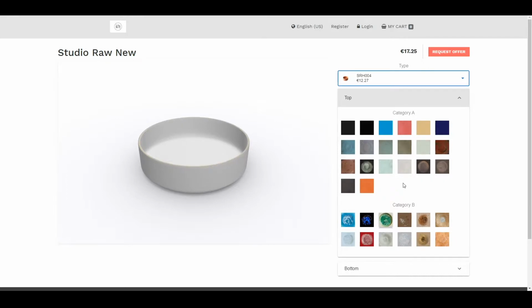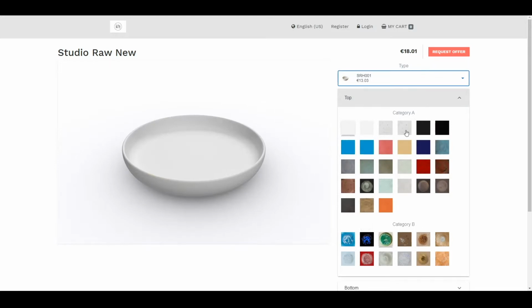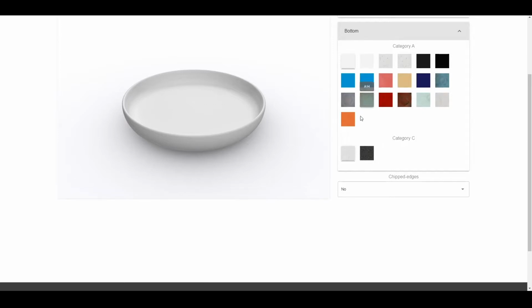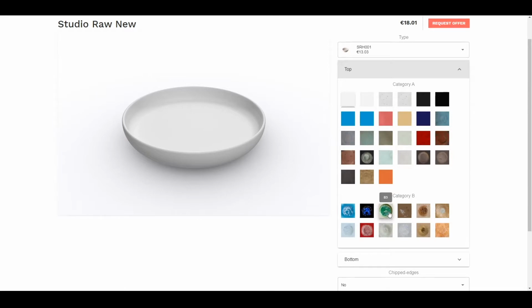A business rule is a condition you can add to your product that can limit certain options or can add certain options. It can also add functionality like changing multiple colors at once or changing multiple options at once. In this example, if I go back to the plate, we have a category A and category B color at the top. And in the bottom, we have A and a C color. If, for example, I select a B color at the top,